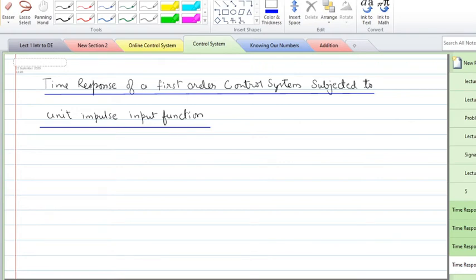Dear students, now let us see what will be the output of a first order system if it is subjected to a unit impulse function. Again, start with the system response, that is the output